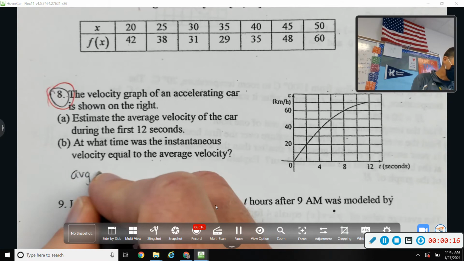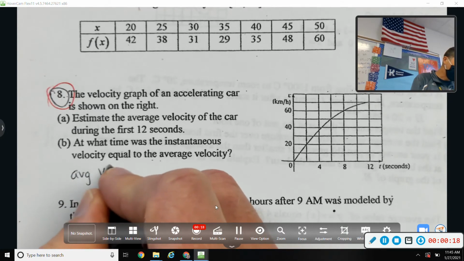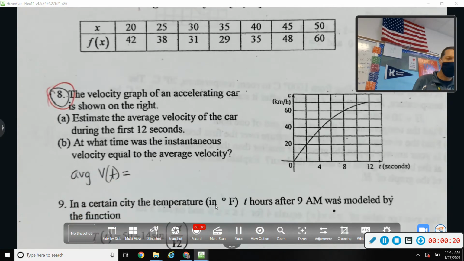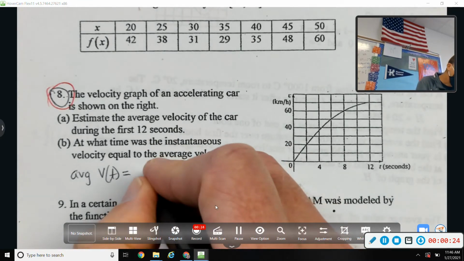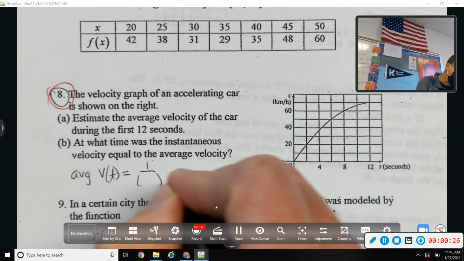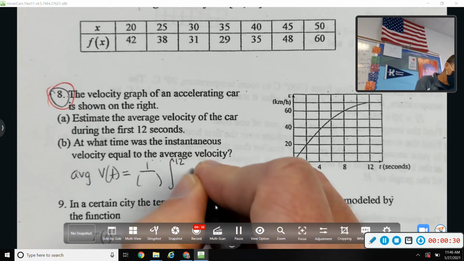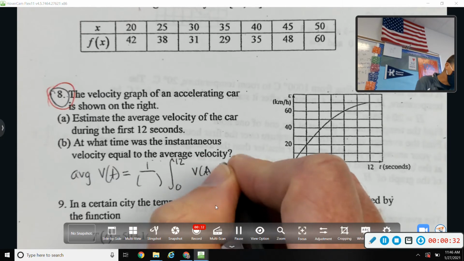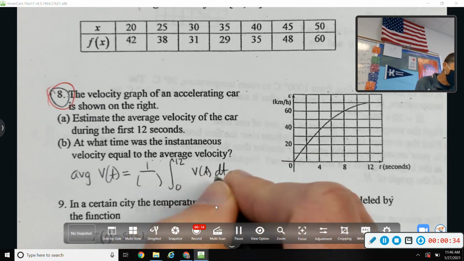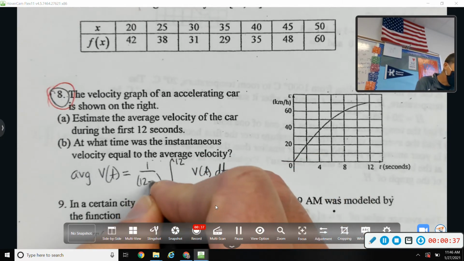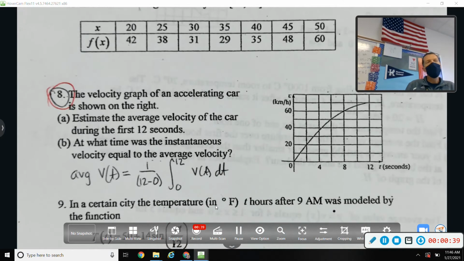Okay, well, the average value of any function, whether it's velocity or f or anything else, is 1 over the width of the interval times the area under the curve, or the antiderivative of the interval. So we'll find the area under the curve, and then we'll divide by 12, and that'll get us the average